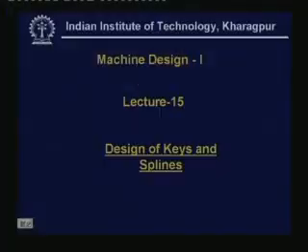Let us begin lectures on machine design part 1. This is lecture number 15 and the topic is design of keys and splines. In the last two lectures we have learned how to design common types of fasteners, namely the knuckle joints and the cotter joints. In those joints the purpose was mainly to transmit tensile or compressive force from one member to the other, but there are many cases in a machine where we have to transmit torque from